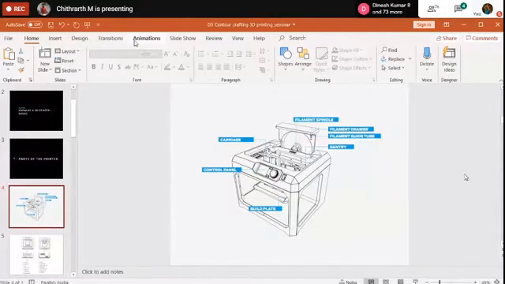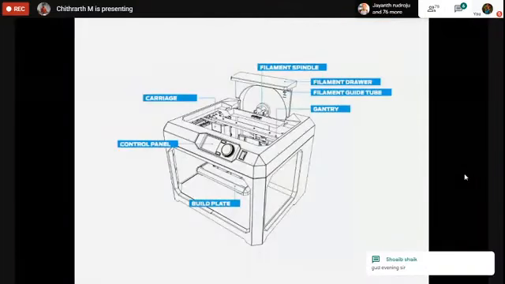Let me connect it. Yeah, it is connected. Dinesh sir, how is my audio right now? Yeah, now it is okay. Perfect. It's just perfect.